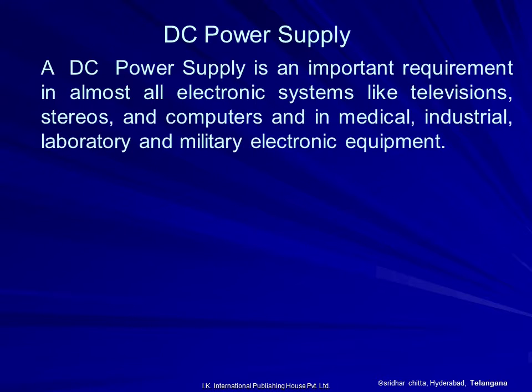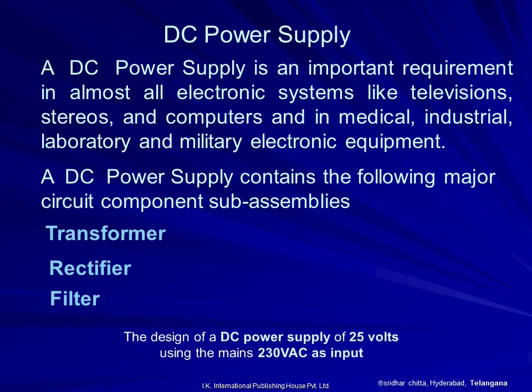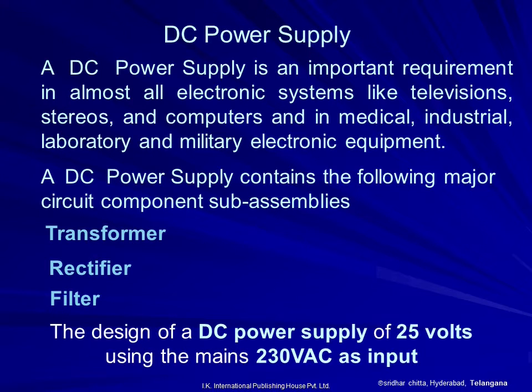A DC power supply is an important requirement in almost all electronic systems like televisions, stereos, and computers, and in medical, industrial, laboratory, and military electronic equipment. A DC power supply contains the following major circuit component subassemblies: a transformer, a rectifier, and a filter. We will now describe the design of a DC power supply of 25 volts which uses 230 volts AC mains